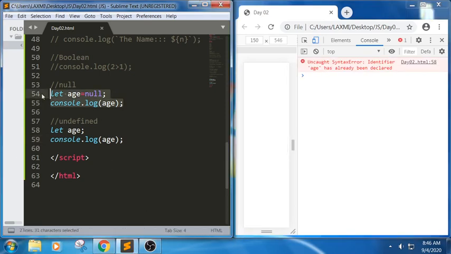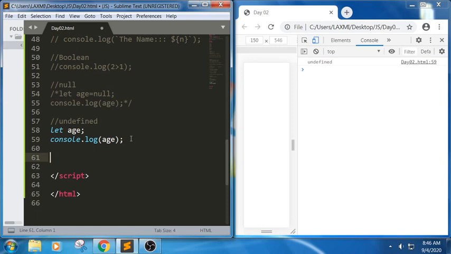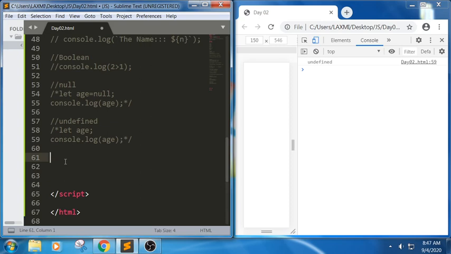So let me put this in temp. Now we can see it is undefined. It means undefined will not have any value. It means we haven't assigned any value to it.